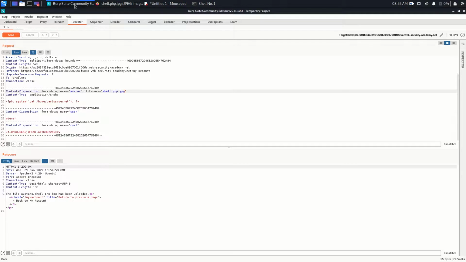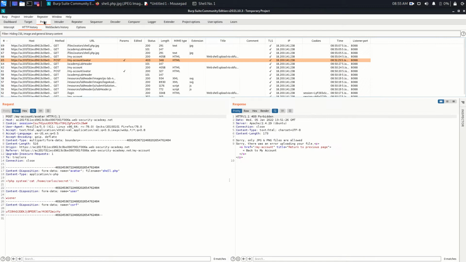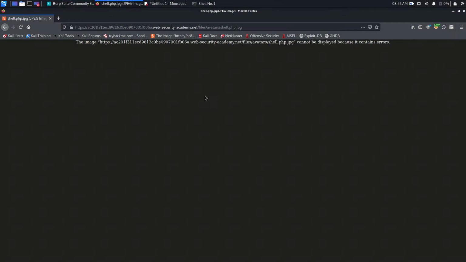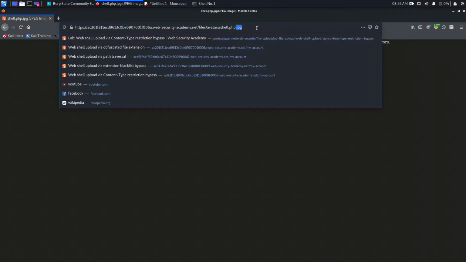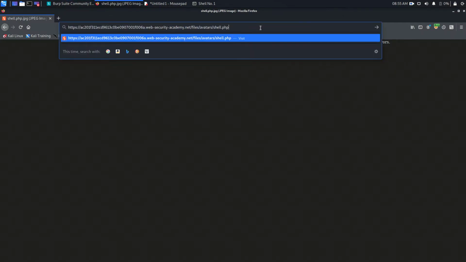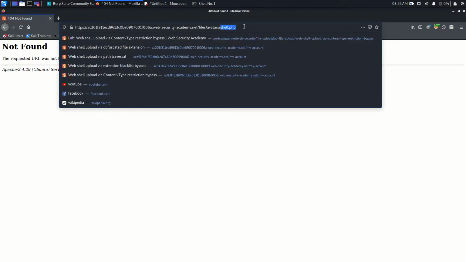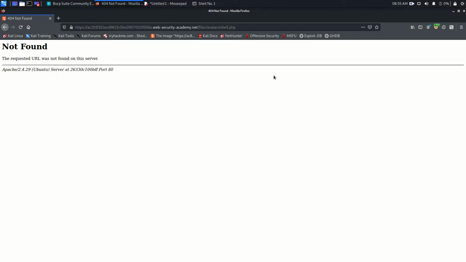Go to the proxy, come here and try. As you can see, it is showing the content of the file as it is. So it means the PHP file is not executed. But what if we delete the JPG? It says that this file is actually not on the server.